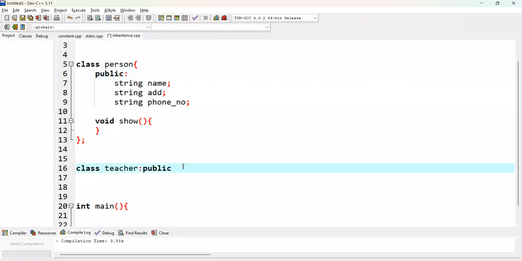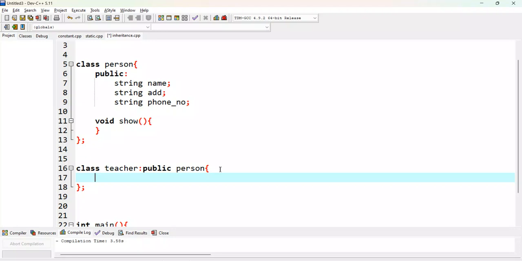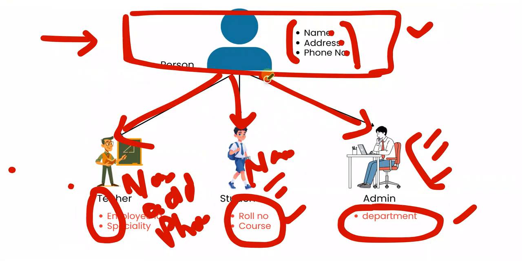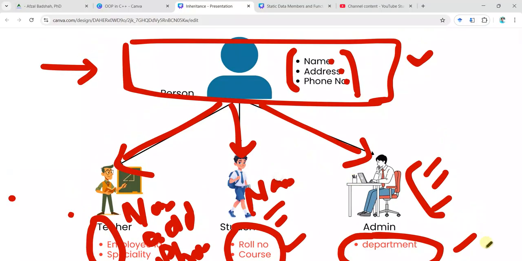So I'm currently using public here, and usually we derive or inherit publicly. So this is public, and we are deriving it from the person. Okay, and from here you can see that your new class will start. So what we can do here in the public, because as we discussed here that